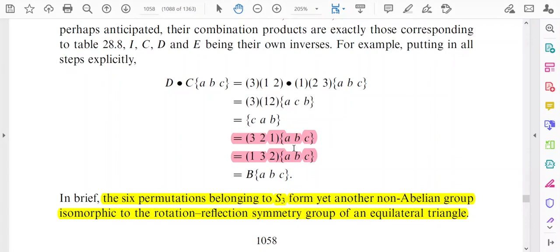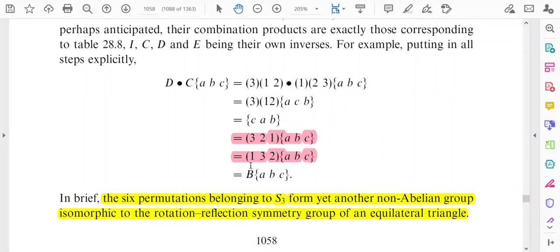We have already discussed how to calculate the cycle notation. So 3, 2, 1 is a cycle notation. Cycle notation means the second object will come to the third position, you have to draw an arrow symbol. For example, the second object is B, so B will go to the third place, and the first object will come to the second place. This is A, the first object, so the first object will come to the second place, so naturally C will be there.